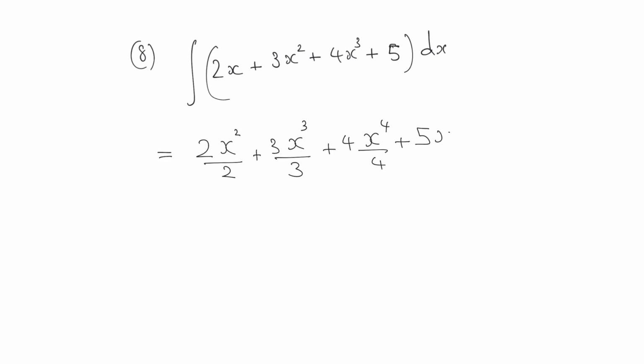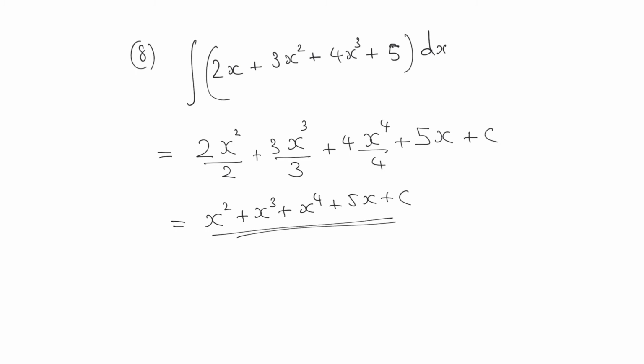So integration of dx is nothing but x plus constant of integration c. So if you want, we can cancel this 2 and this 2. So this can be written as x square plus x cube plus x raised to 4 plus 5x plus c